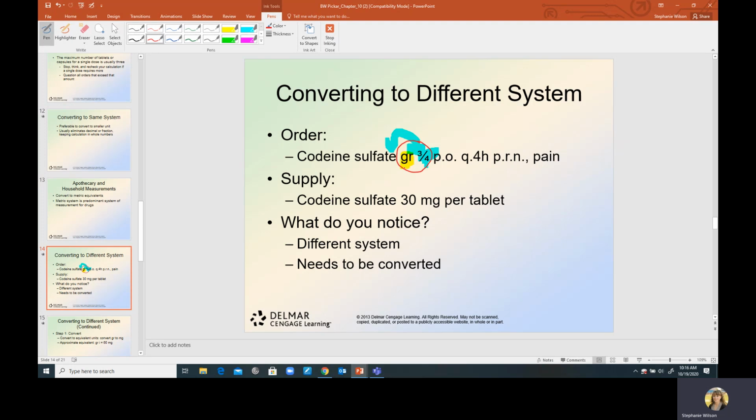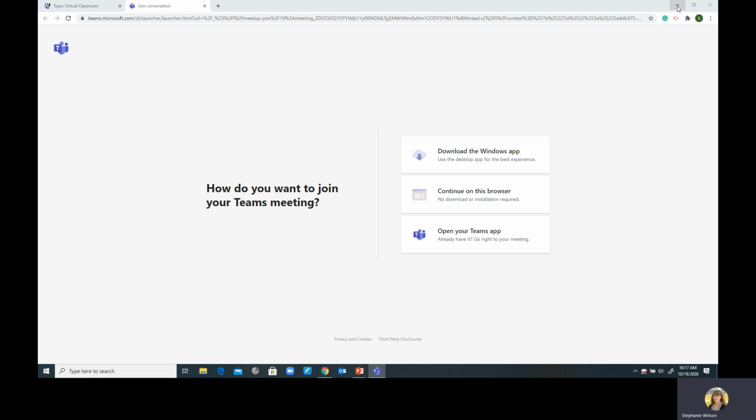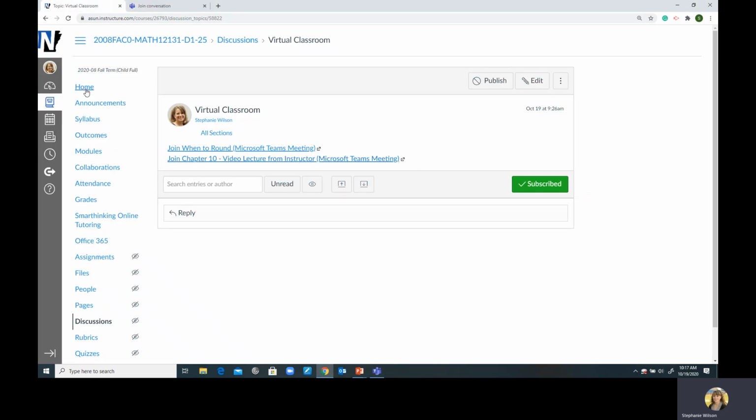More people actually misunderstand the unit than anything, so I just don't use it in this class. But if we did use it, I'm going to go ahead and solve this. I look at it and I notice that this is in grain and this is in milligram. Our order is in grain, our supply is in milligram, so we're going to need a conversion. So that's saying we need to go find our